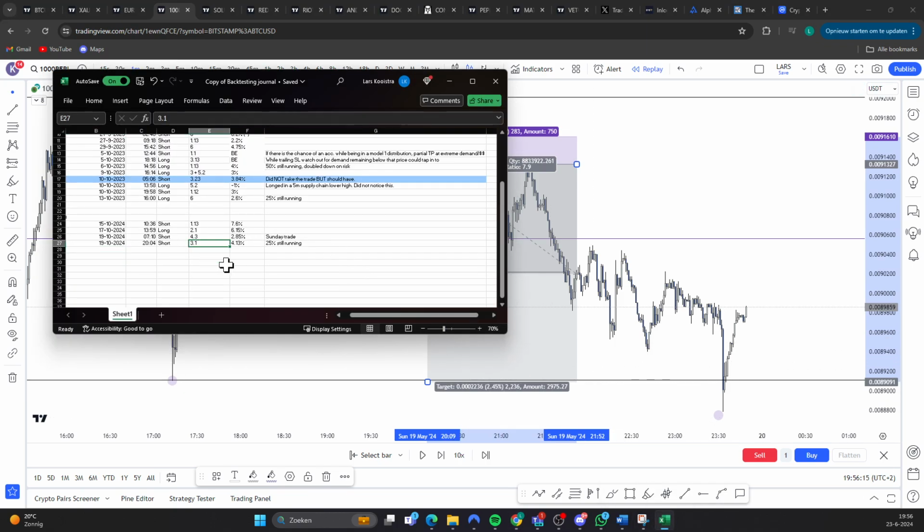Let's add that: 4.73. And what I do notice now is that I took two trades, both being distribution trades, one being